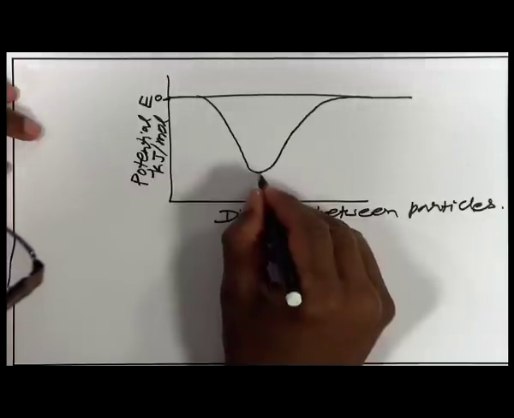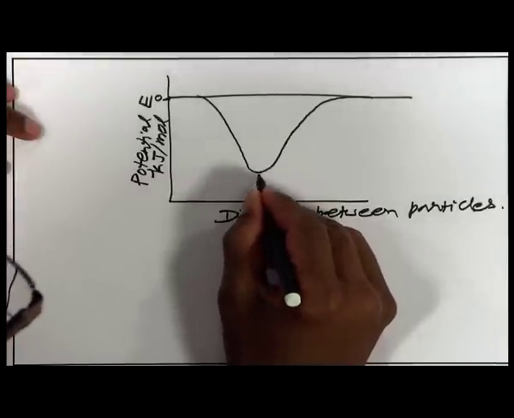There is a repulsion between particles, because each particle has electrons as well as protons. The electrons present on one particle repel the electrons present on the other particle. Similarly, the protons on one particle repel the protons of the other particle. As a result, there is a repulsion between like charges that leads to an increase in energy. That is the reason. So, at a particular distance, the energy is minimum.